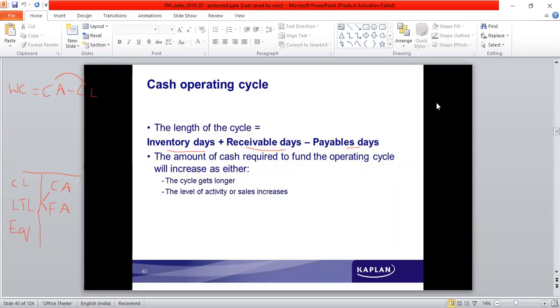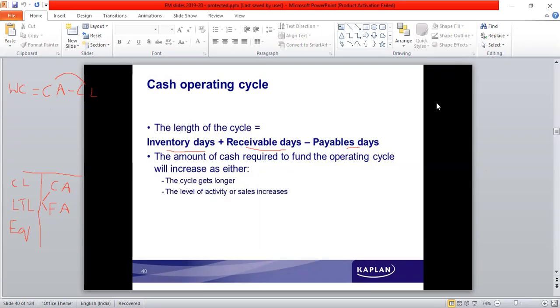So the amounts which are raised are invested. So the investment amount should be converted into cash, and only when it is converted into cash would they have some cash available with them to meet the payments. Apart from all the other things, they also will need cash to make the payment of interest, dividend, etc. So for that reason, availability of cash is important. For that reason, operating cycle should be reduced.